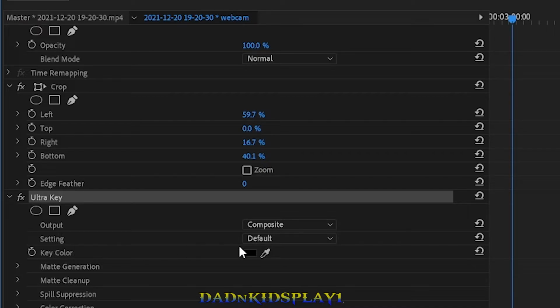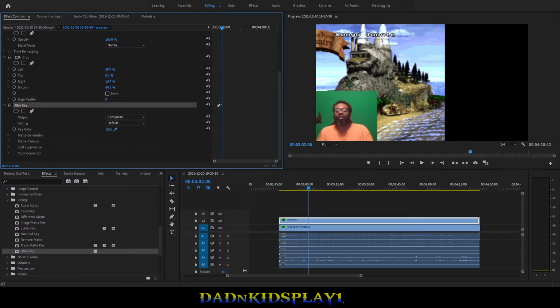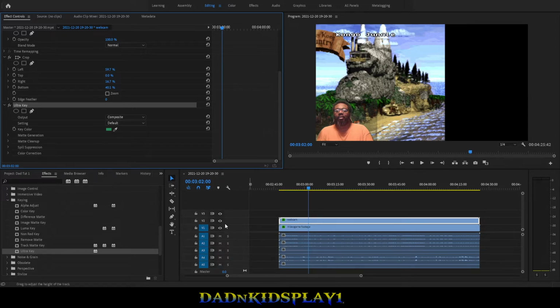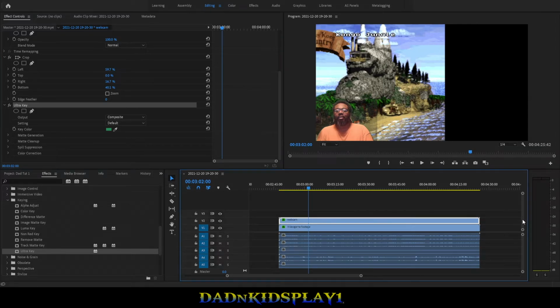Go there, and you're going to see an eyedrop tool. What you want to do is click on that, and then make sure you select the green background. Once you do that, it's going to try to crop out the green background. And so what I'm going to do now, just to make sure that we do this correctly, is